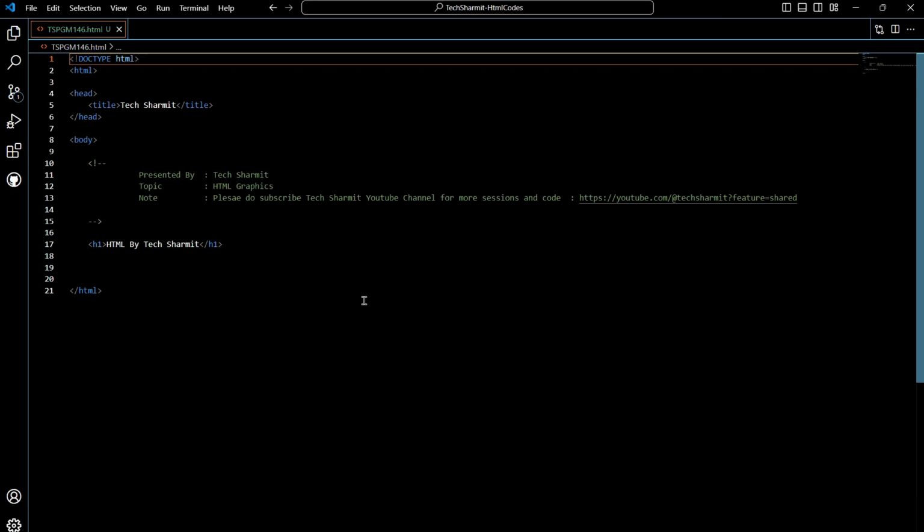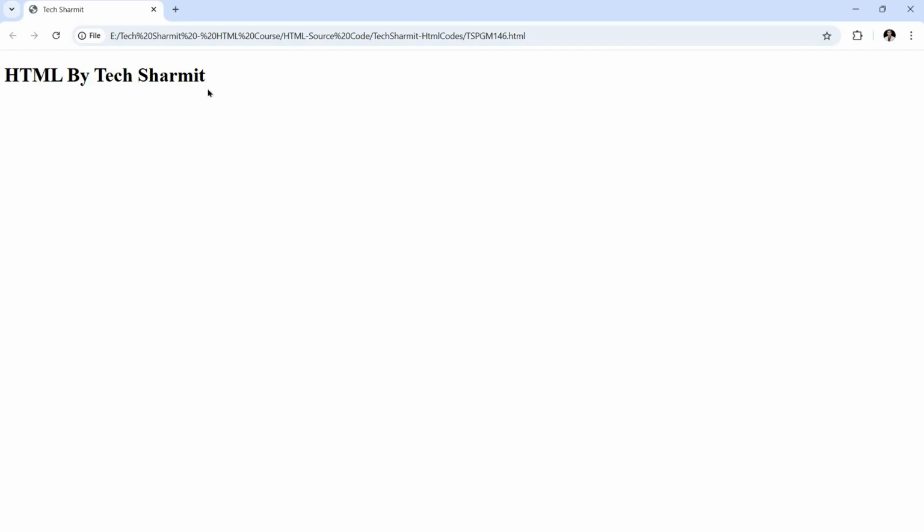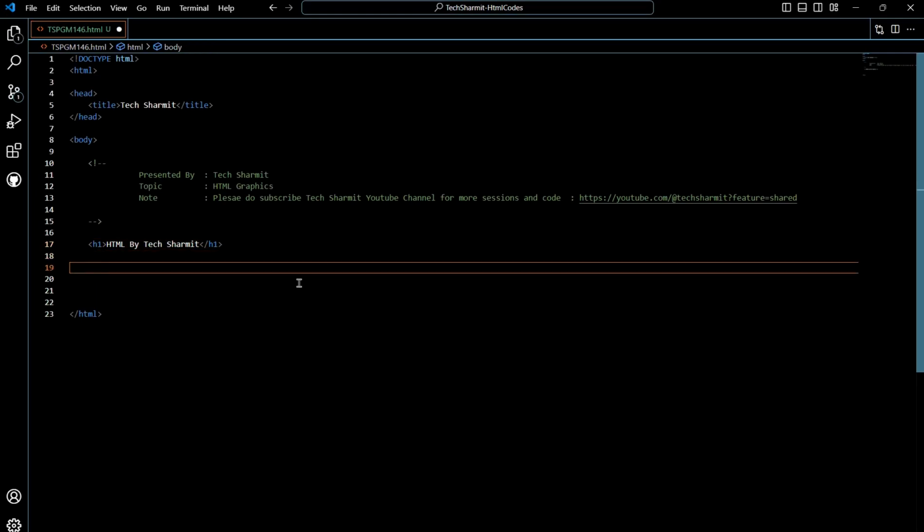Here, if I talk about the code, it is straightforward so far. We have just noted down the title in the head section and one heading which is HTML by Tech Sharmit. Now what we will do, we will firstly see the output of this code, which is coming like this: HTML by Tech Sharmit. And here I'll put the heading of this session. So the topic would be